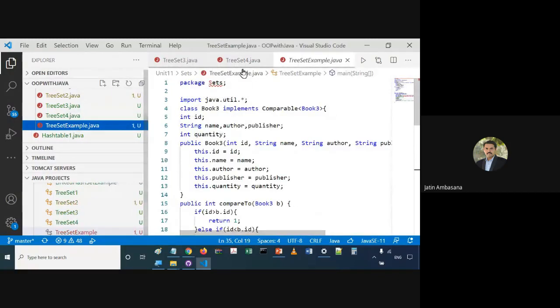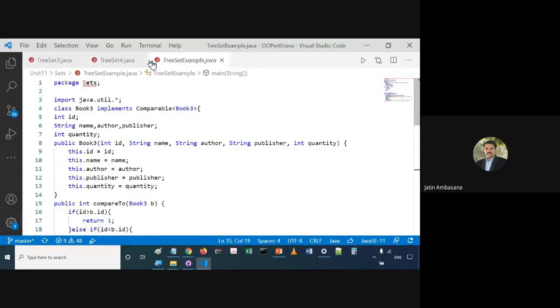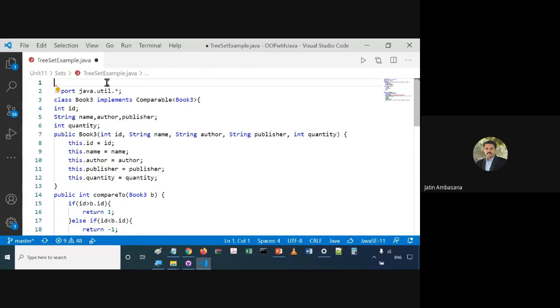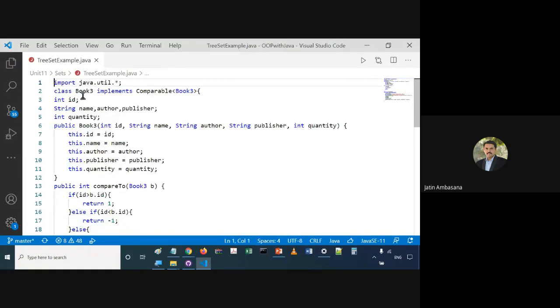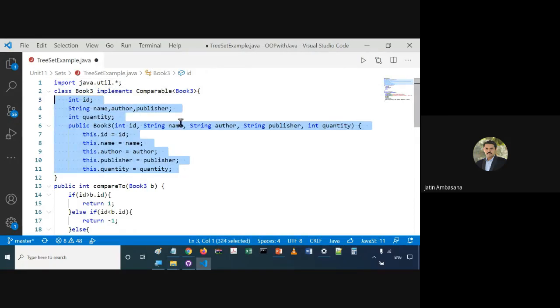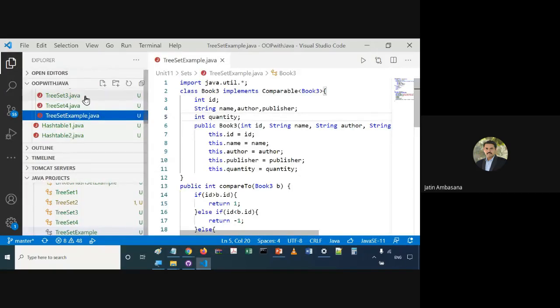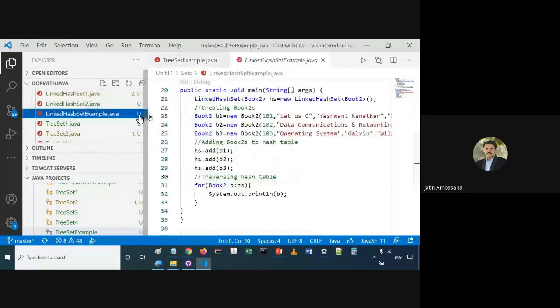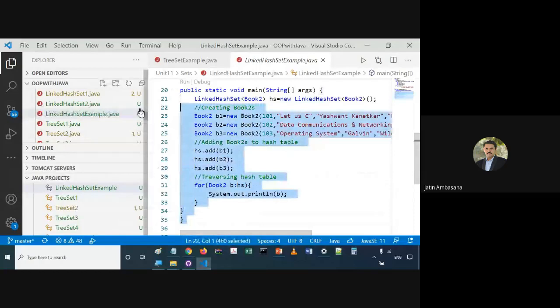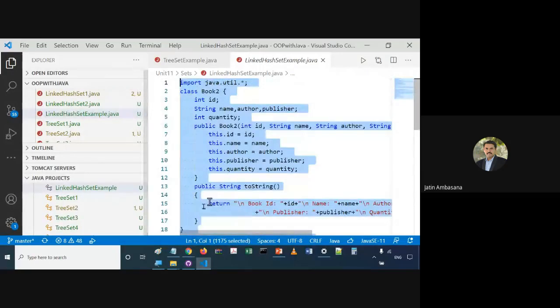Let's see how we can handle book objects with the set. There is this book class which we renamed as Book3 because there is already Book and Book2 classes.